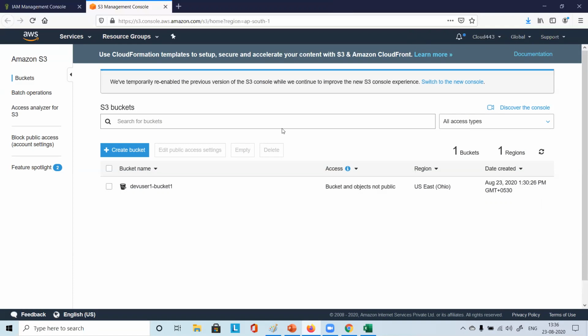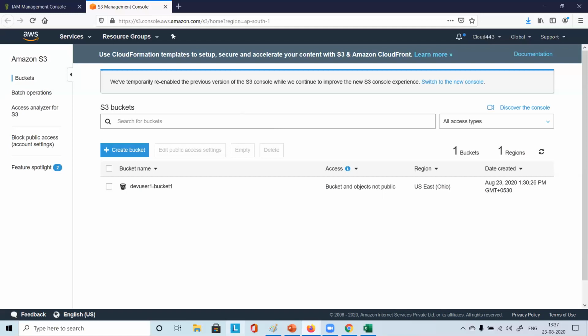From your conversation, it looks like you don't want that user to see those buckets only, correct? How could he see them? Because we have given full access. He is root now for S3. That person has full access. Even if you give read-only access, he could see them.